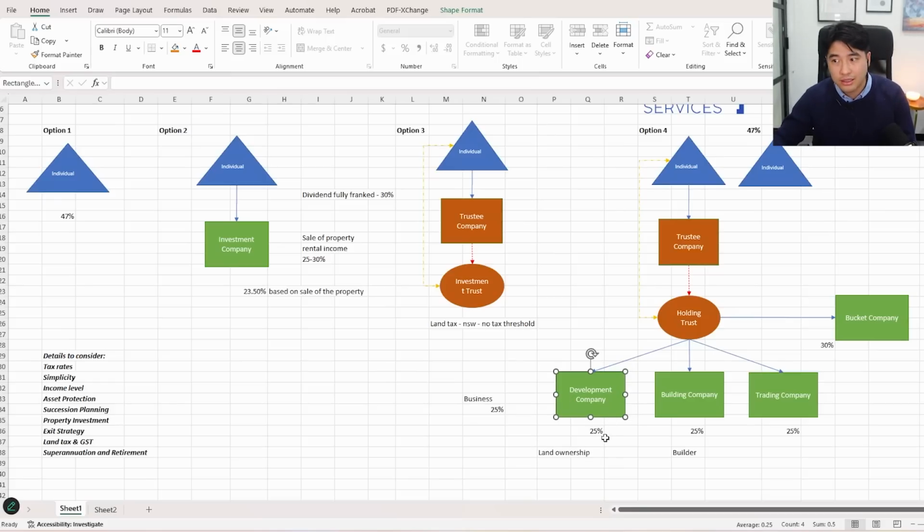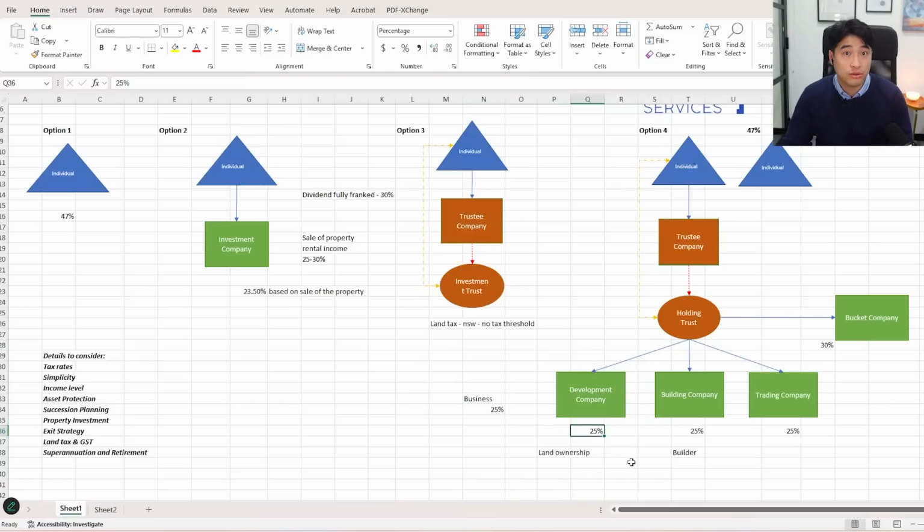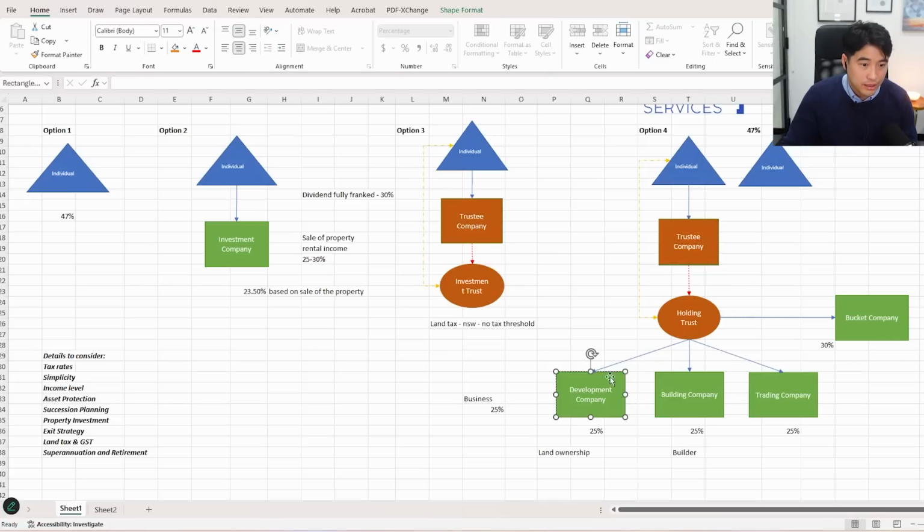Some people might ask, SMSFs, can you do it in an SMSF? Apparently there are some tax practitioners out there that say that it's possible. I think it's too hard. I don't think it's possible. It's just too complicated to do a development in your SMSF. So you can't really get the 50% tax rate. I think the lowest tax rate you can get is 25% on the development of a property. So it's best to buy in a company, right? You can either buy it in this company, option 2, or option 4.